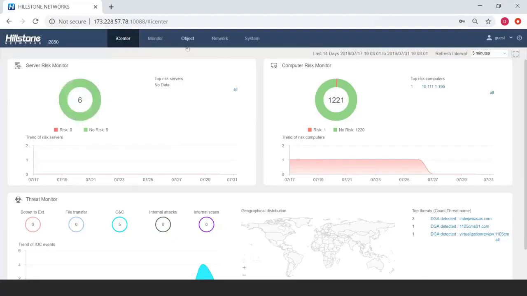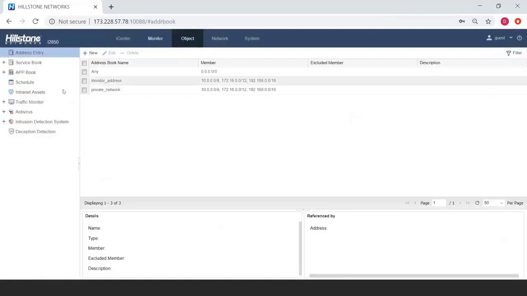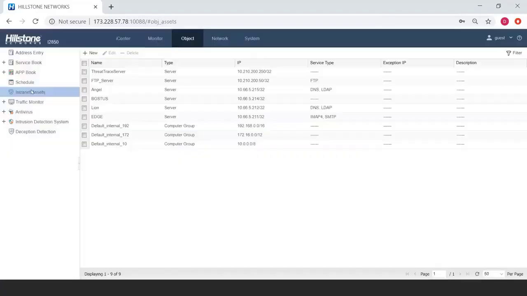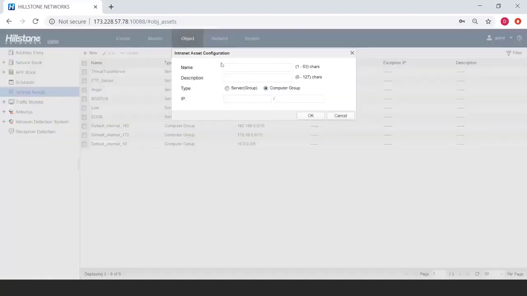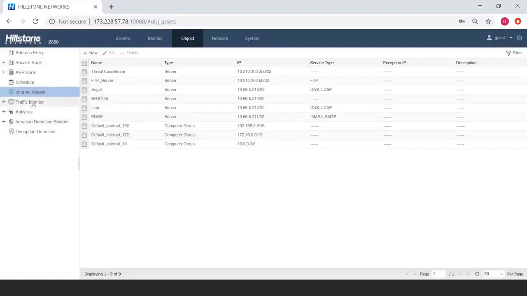So, particularly for NTA configuration, I'll show you here. We go to object, and of course, before that, we must configure the server and the host group we try to protect. Here, I already have some server groups to protect. You can do a configuration of the server, add a name, a description, an IP address, things like that. Here, we already configured a few server groups. And for traffic monitoring here,